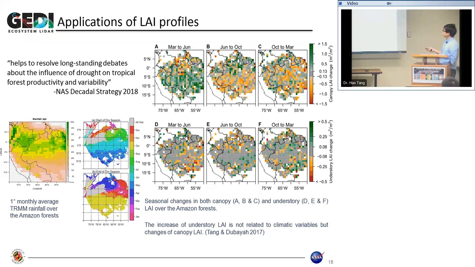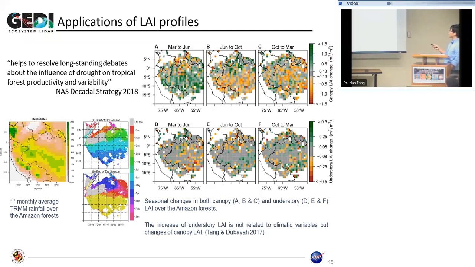So what you see here is the start of the dry season around May-ish in the southern part, then July or June in the center, and in the northern part, it won't dry up until later in the year, so November or December. And that really creates unique environmental conditions, because the duration and the amplitude of the drought are going to be different. So when I lay out the ISet observation with that, I see the canopy